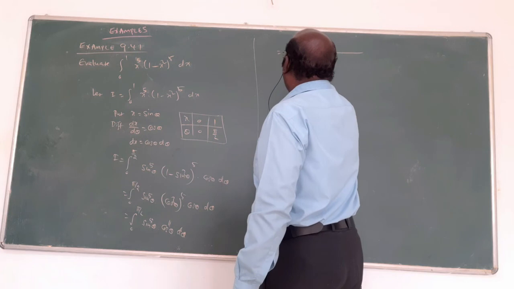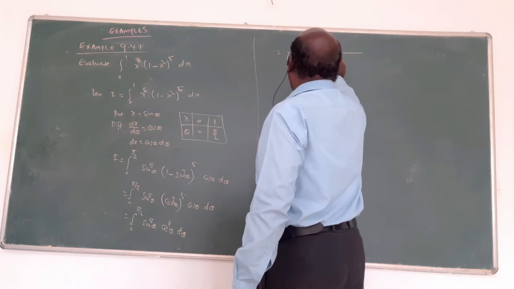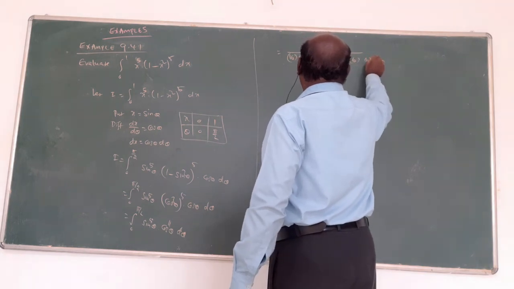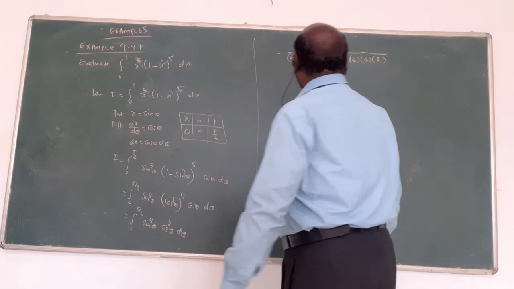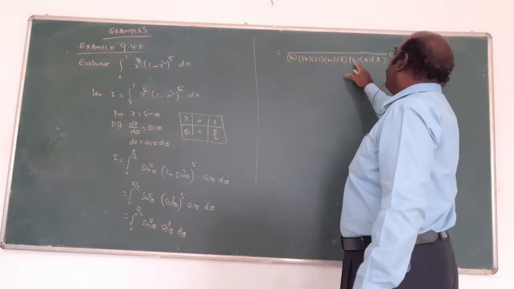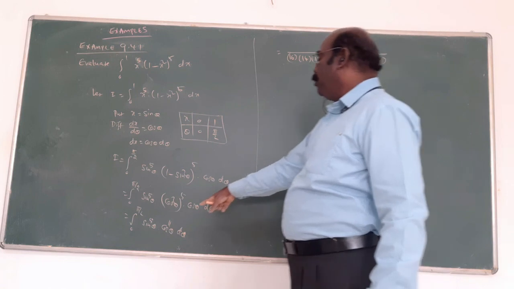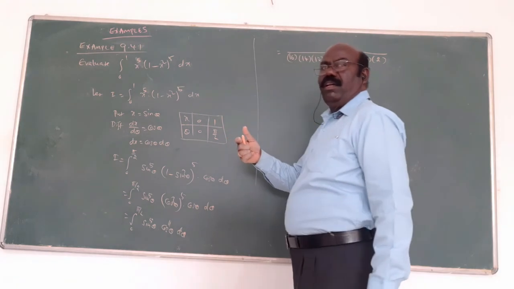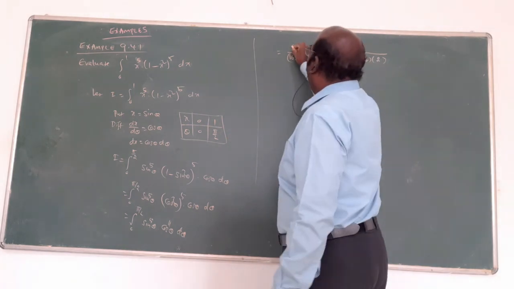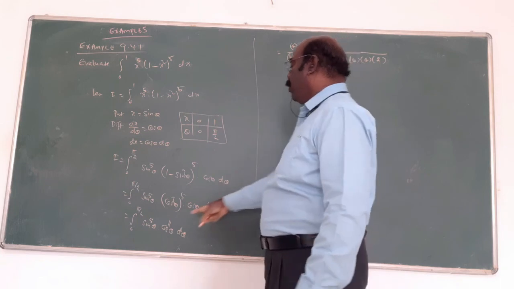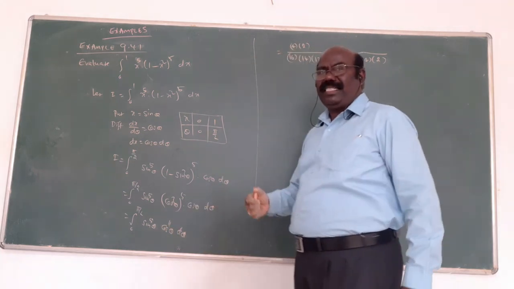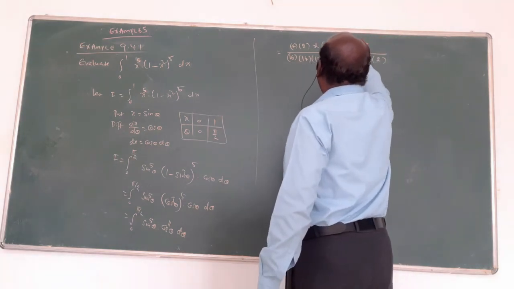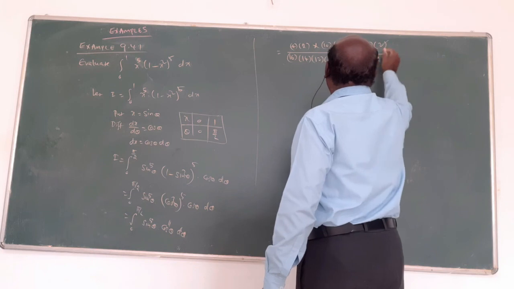Start with 16: 16 into 14 into 12 into 10 into 8 into 6 into 4 into 2. The denominator is 16, 14, 12, 10, 8, 6, 4, 2. Here an odd number is there, so don't put pi by 2. Next, for the 5, the numerator starts with 4 into 2. That's all, the first formula. Next, 11 is there: 11 minus 1 is 10, so start with 10: 10, 8, 6, 4, 2, and cancel.